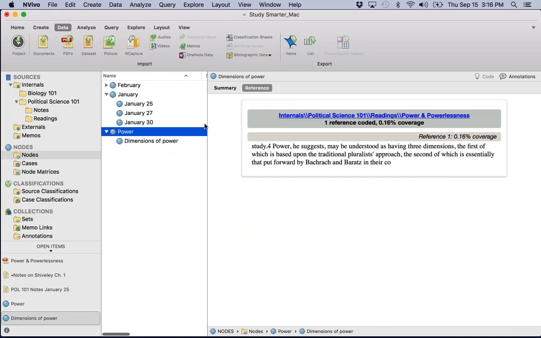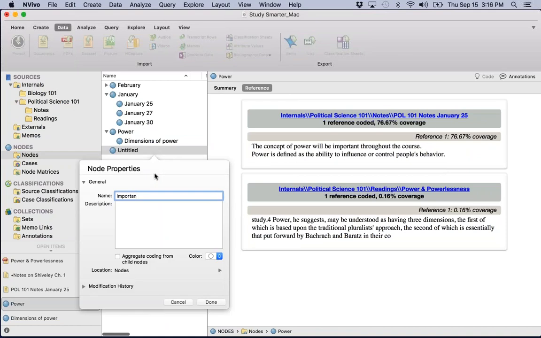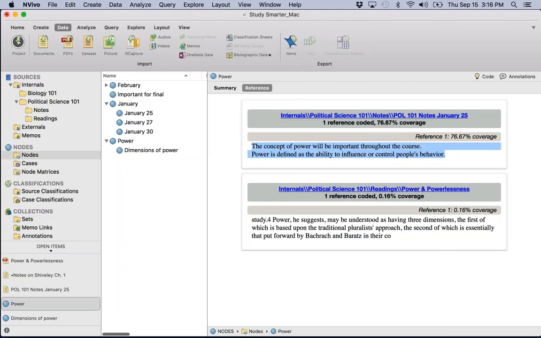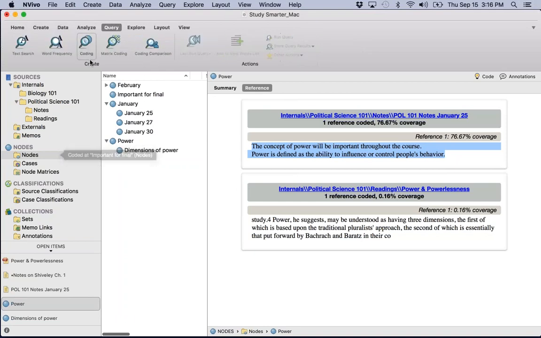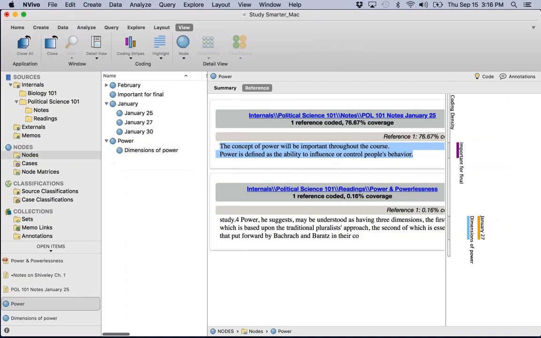So I could also tag information with as many different concepts as I would like. Let's say, for instance, I also want to keep track of information that's important for the final. I could also code this information from my notes, first day of class. Professor says this is going to be important, and I want to put it in an important for the final node. And one of the nice things about that, I want to turn on something called coding stripes to show to you